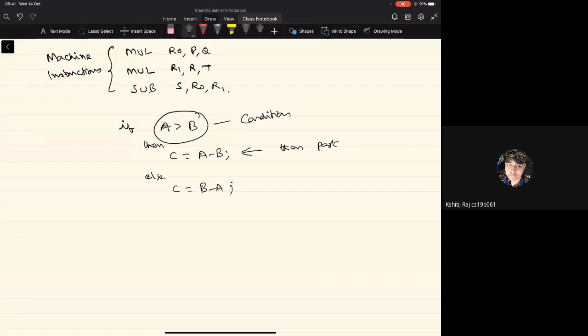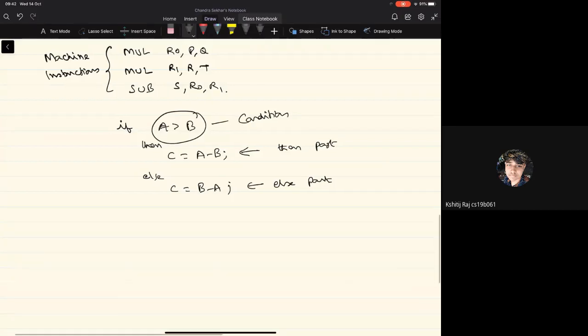Here it so happens that the body of the then part has only one statement. After we execute the body of the then part, we have to come out of this if statement, because we are not supposed to execute the else part. Only when the condition is not true do we execute the else part. And after we complete all these operations, we should go ahead with the next statement in the program.